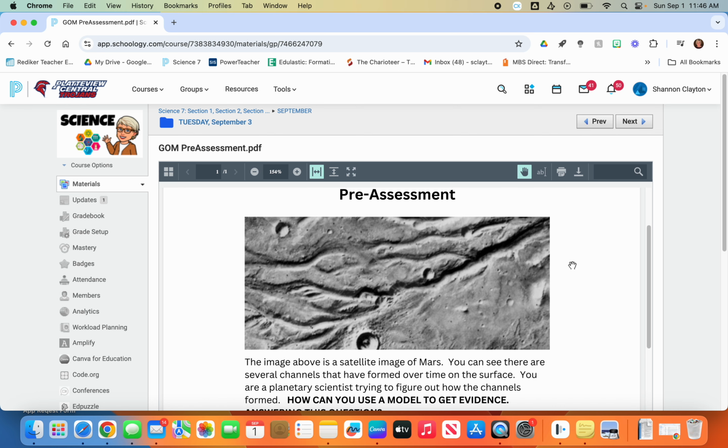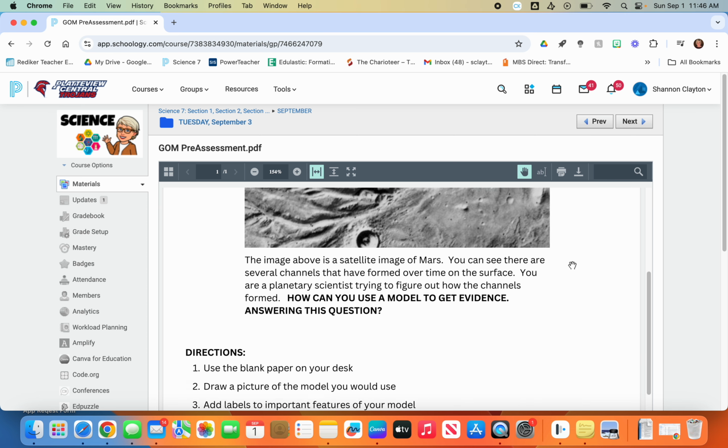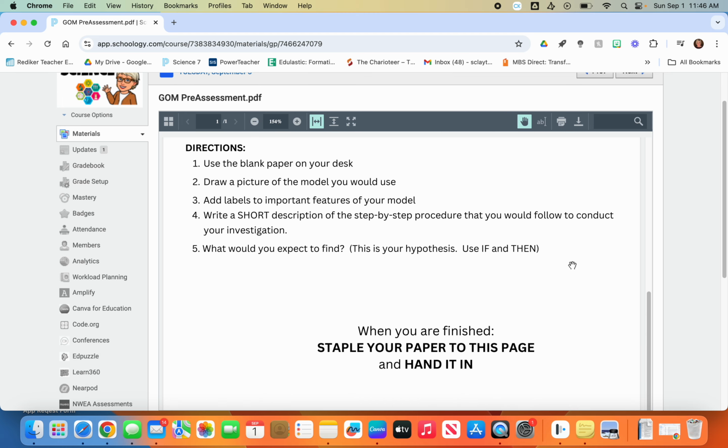If you are trying to figure out what formed those channels, what could you use? I'll give you a hint. You'd probably want to do something. It's an activity. It's not a picture that you're drawing. You're going to want to do something. So just write that on a blank piece of paper. And then when you're finished, I